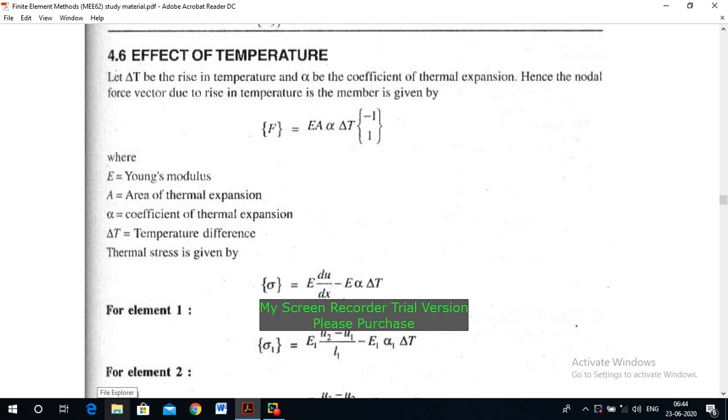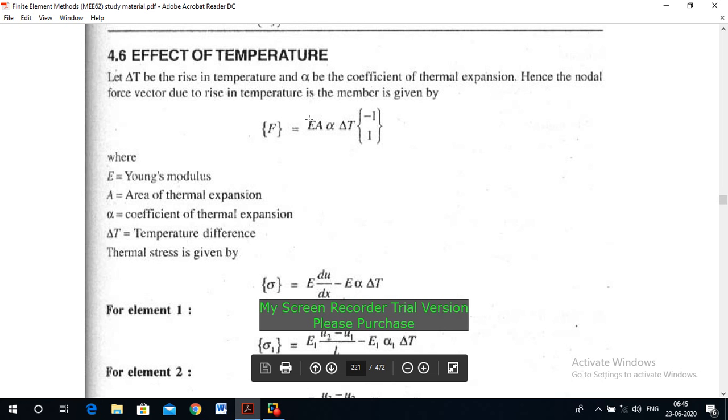In this video, I will solve the problems on the stiffness matrix for 1D bar element, that is the effect of temperature. Let delta T be the rise in temperature and alpha be the coefficient of thermal expansion. Hence, the nodal force vector due to rise in temperature in the member is given by